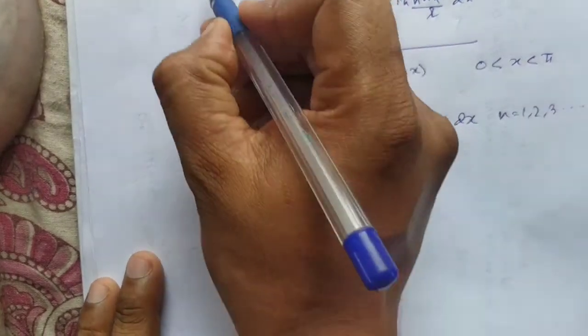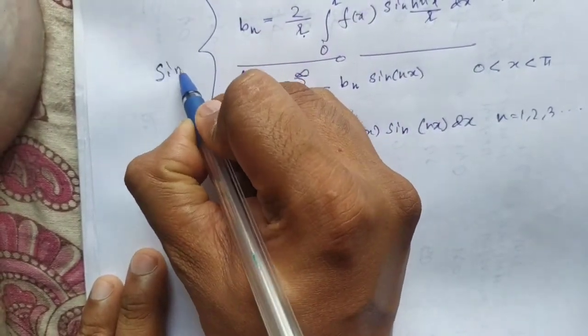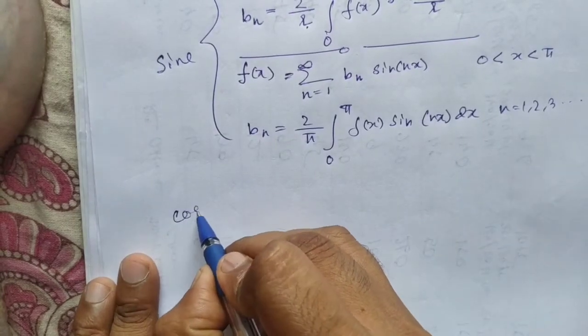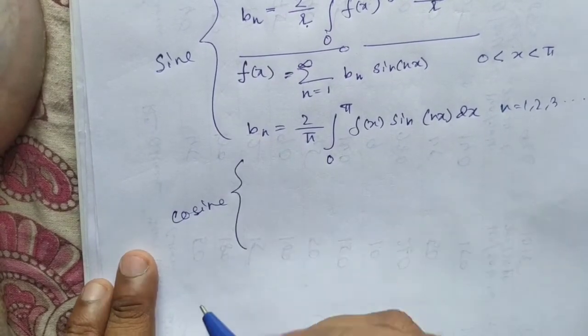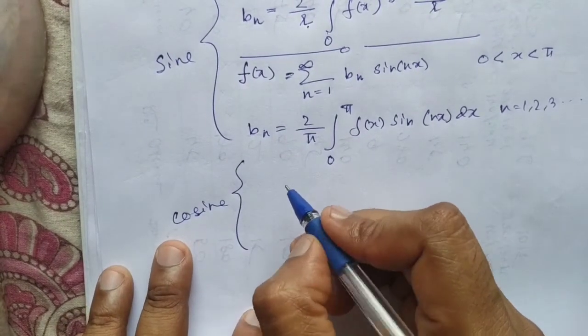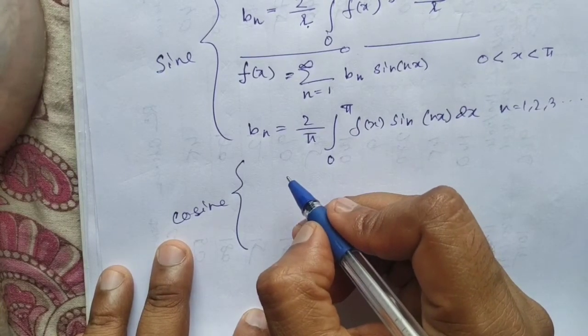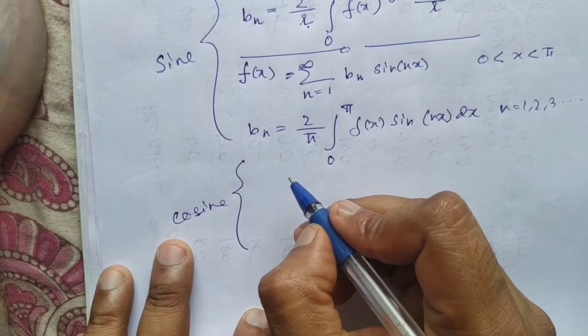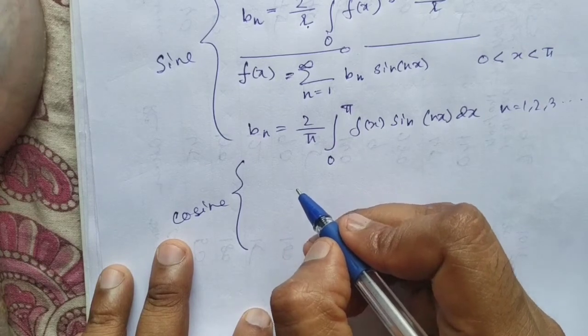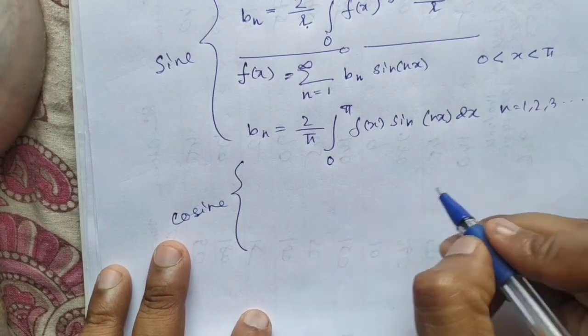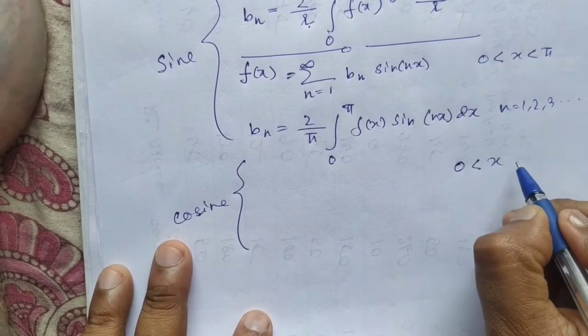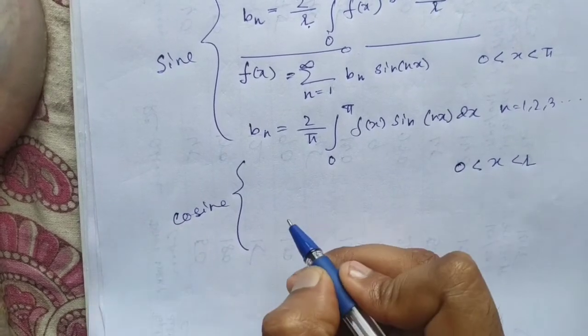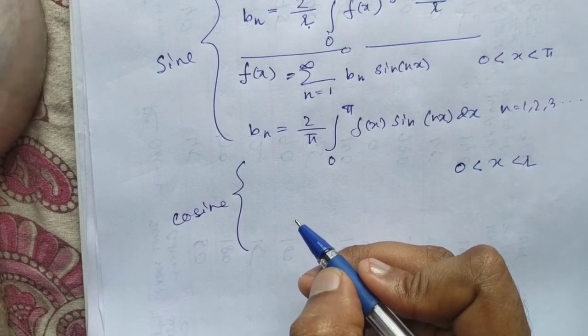Suppose we are going to cosine series now. So, for cosine series, suppose now you wish to expand your f(x) with respect to a cosine series, and your limit is from 0 to L, then the cosine series will look like